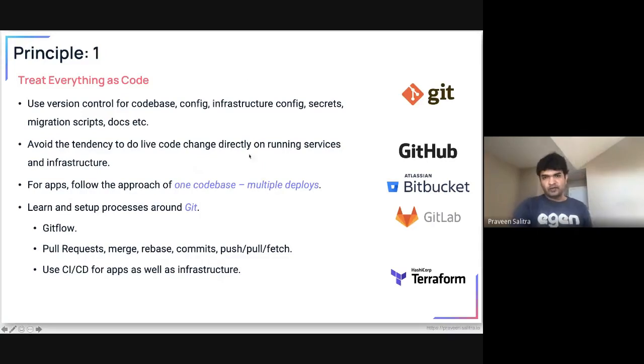So from your perspective, at least focus on, of course, the Git CLI, but then also pick one of these providers and understand what the flow of the pull request is: merge, releases, tagging, rebasing, commit, those kinds of things. When you are working as an individual, you probably will not worry about merge conflicts or rebases, but as soon as you are in a team, you will understand what I'm talking about there.